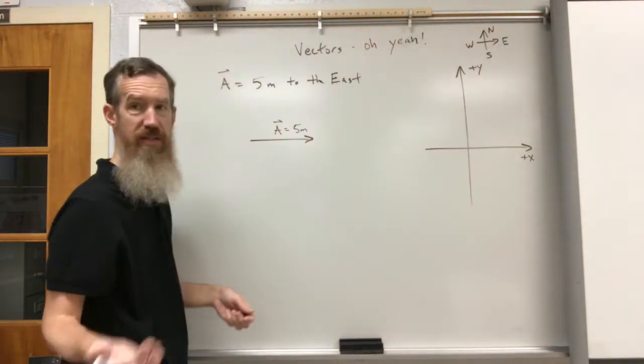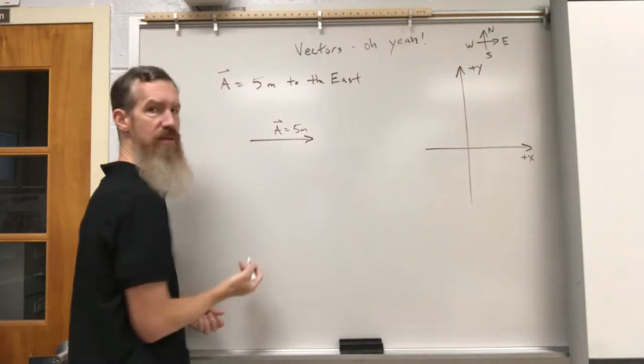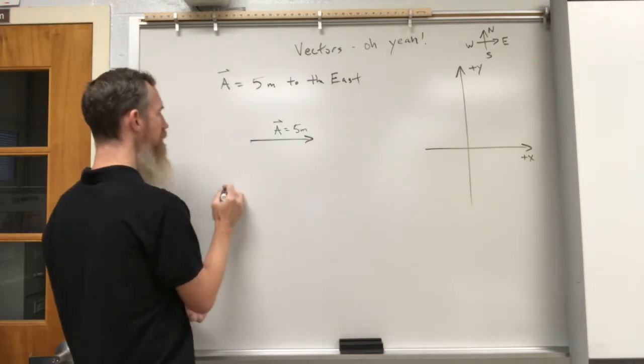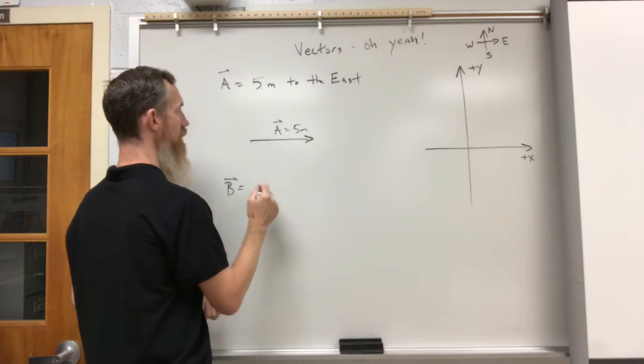The parts of a vector, and vectors do have anatomy. There is a tail to the vector. There is a head to the vector, an arrowhead. Now, if we are to represent another vector, and let's say we are going to do